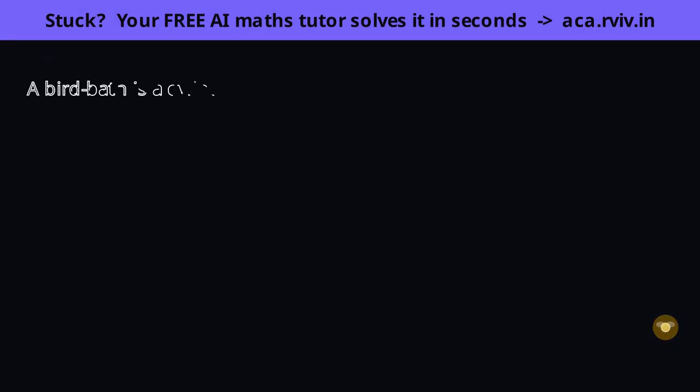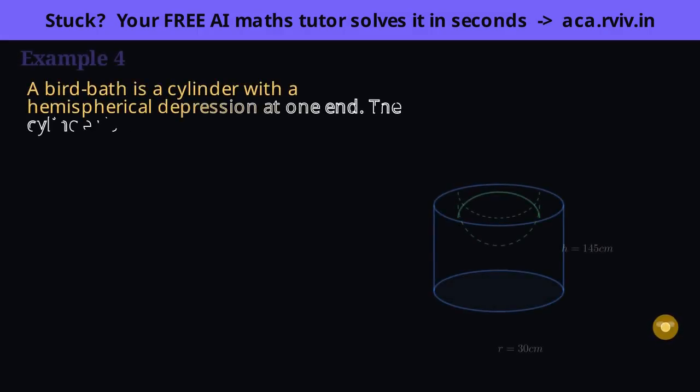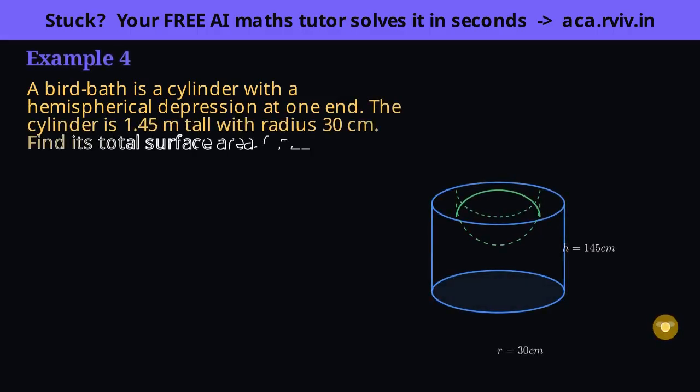This bird bath has a ball scooped into its top, so instead of a flat lid we get a curved hollow. Watch how a hollow counts as surface just like a bump does. Let's picture the surface a bird actually touches. There's the cylinder's curved outer wall running all the way up, and then, scooped into the top, a hemispherical ball the water sits in. The ball is curved surface too, just facing inward.